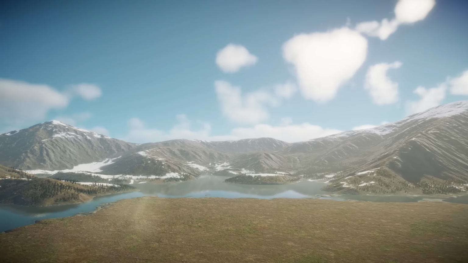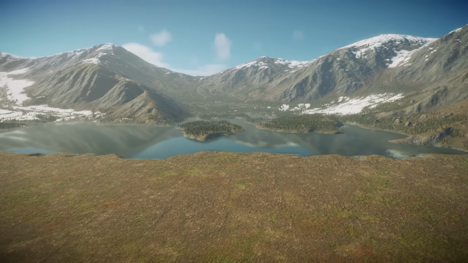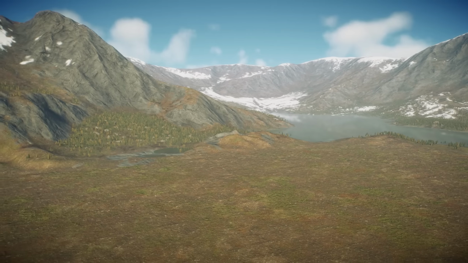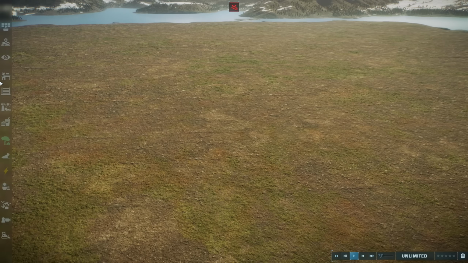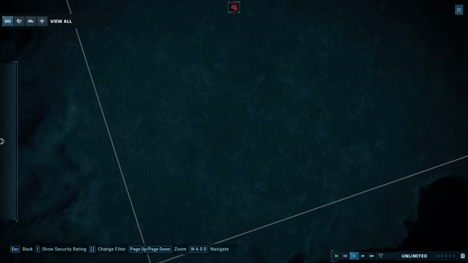4 to go, folks. This time we are in Canada with our tiger map, surrounded by the water, these beautiful islands, and of course those gigantic mountains as well. God bless Canada. Looks really nice. And if we hop into the map view, you can see this is a decent sized one. It's not the